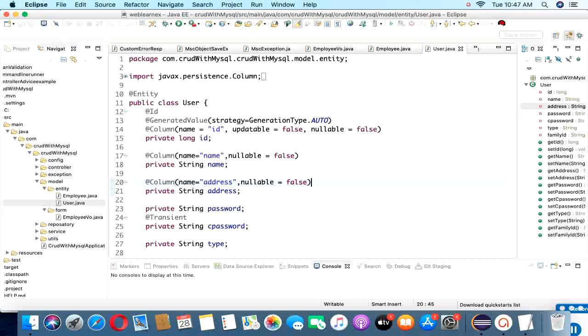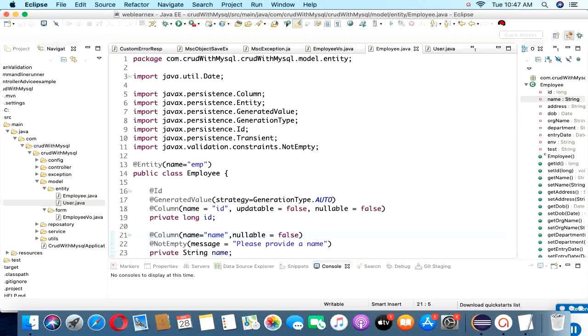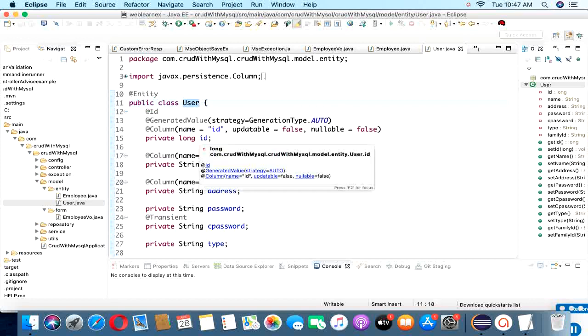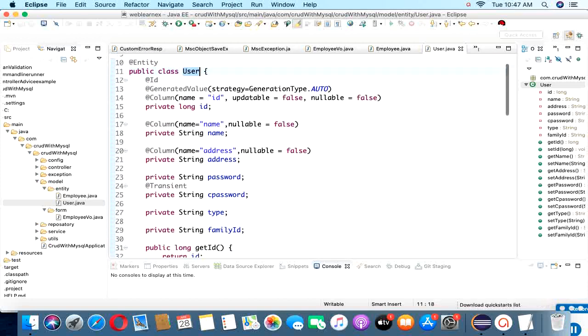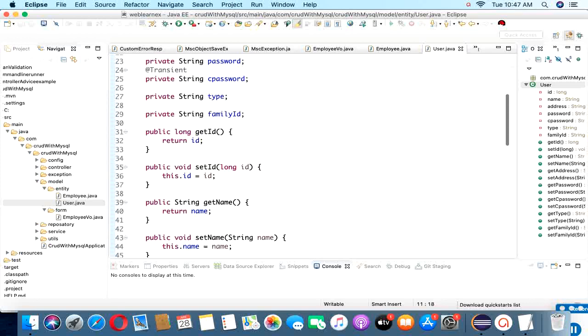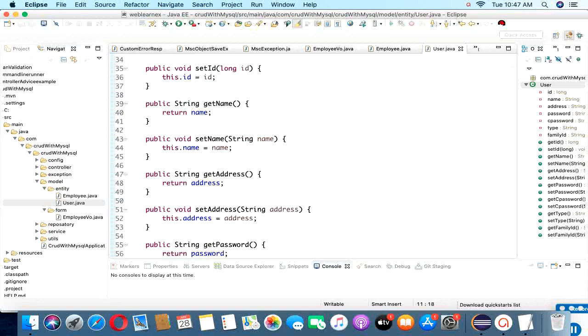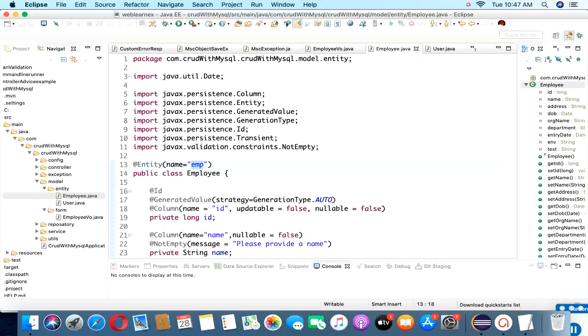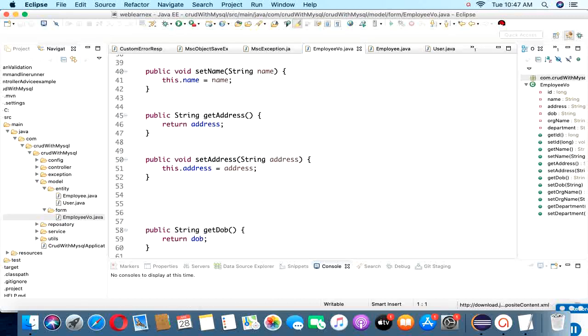So if you observe here, the entity name is emp, which means it will create the table with the name emp. But here I did not add any name, so by default it will create the table using the username only, and all of this is similar to the last one. And the form entity, whatever the employee data in the employee entity, I have replicated the same thing here in the form view, but